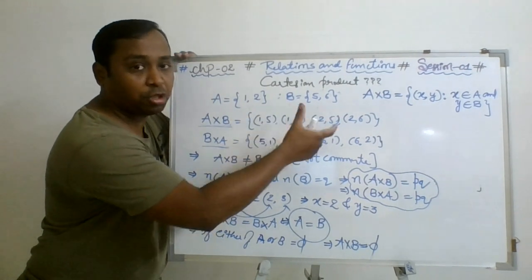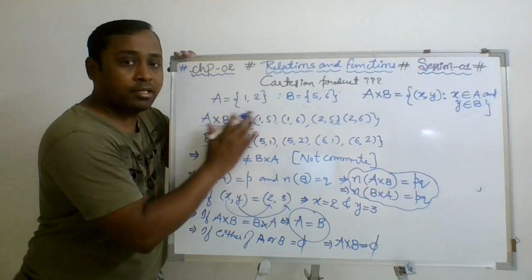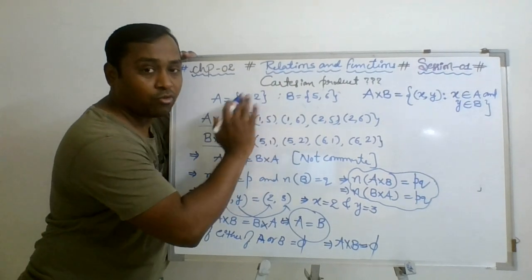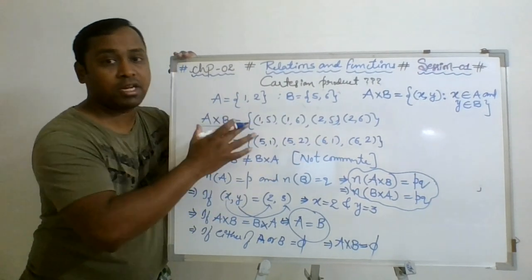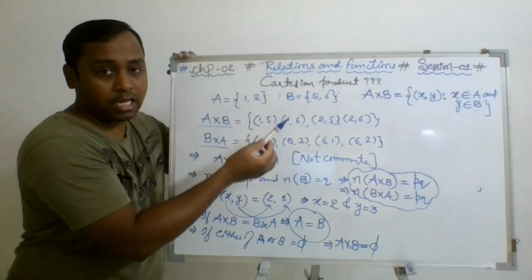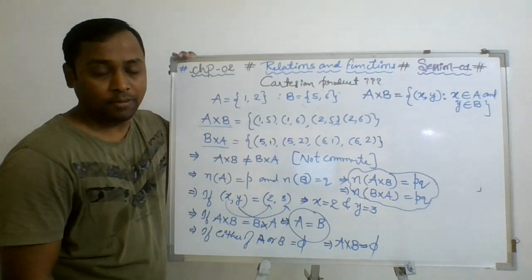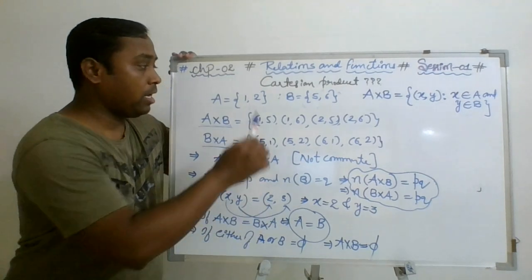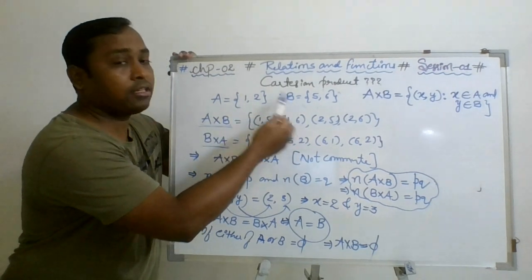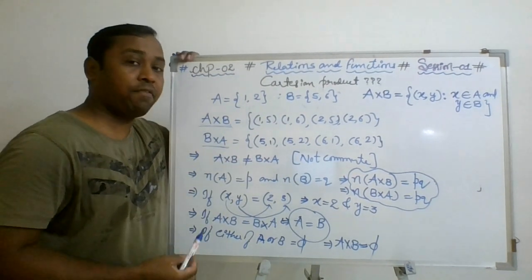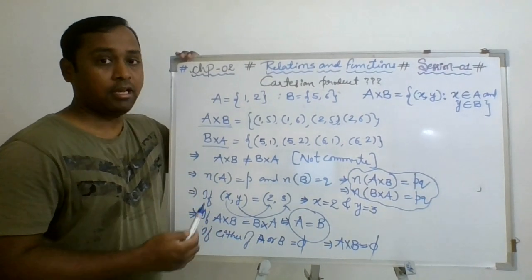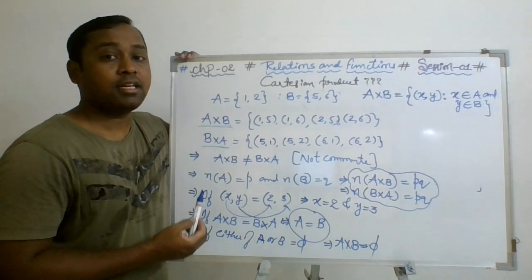You cannot make a combination of two colors. If there is no color available in set A, and set B has two colors, you cannot make a color combination from the Cartesian product. Hence, what we concluded: if one of the sets is a null set, then the Cartesian product is also a null set. In the same sense, if one of the sets is infinite, the Cartesian product also gives infinitely many combinations, hence A cross B or B cross A will also give an infinite set.